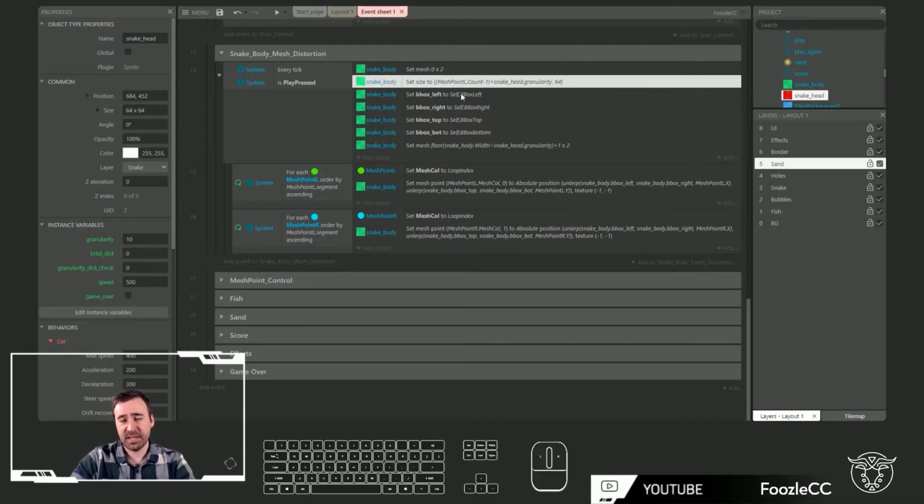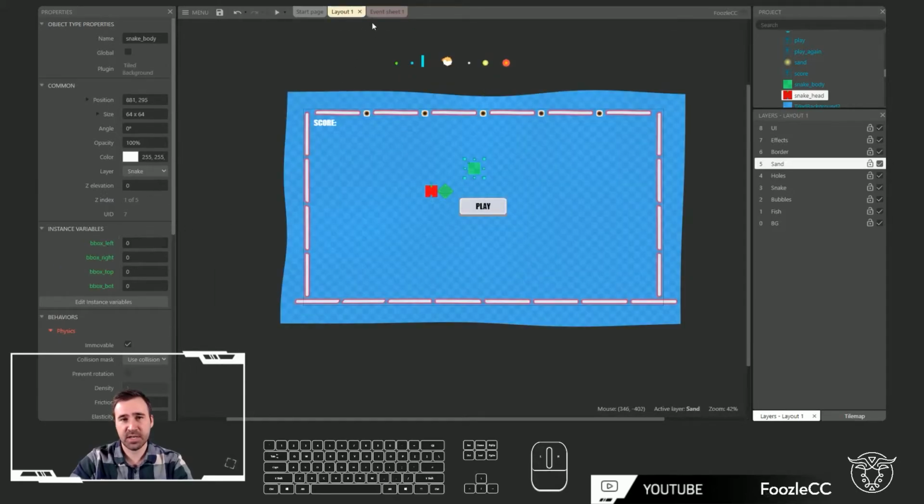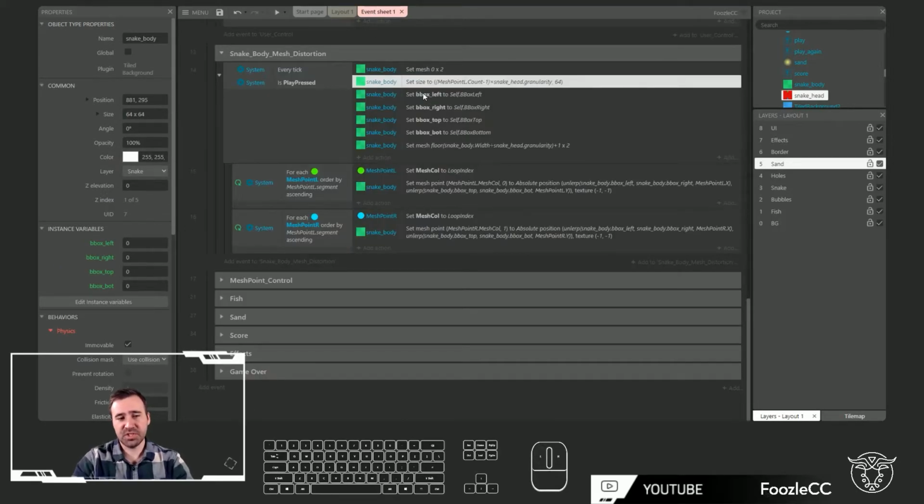Once I do that, and you'll know this from some of my other tutorials, this is kind of an important step. You do need to store inside of your snake body the original bounding box left, right, top, and bottom so that it knows what its initial reference point is that it can then stretch. So make sure that you do this before you do these next steps of set mesh point. You have to set the bounding box to a static variable to use in your math. Once you've done that,